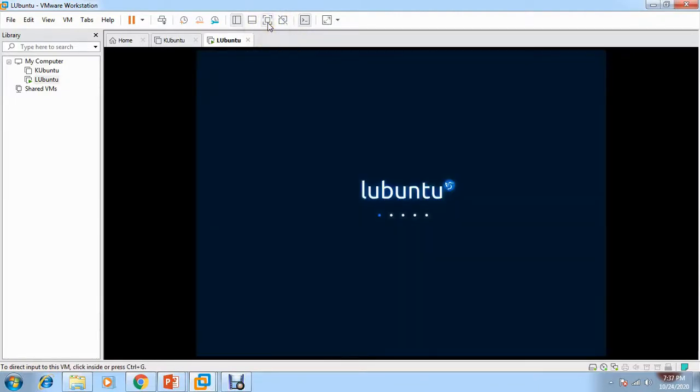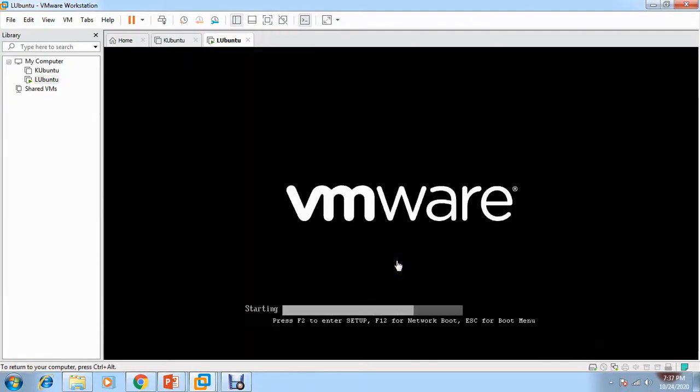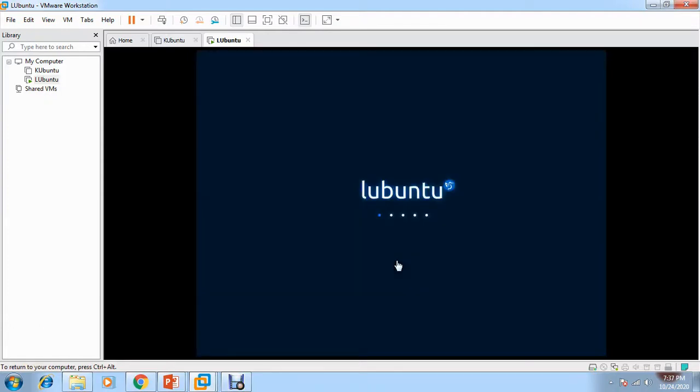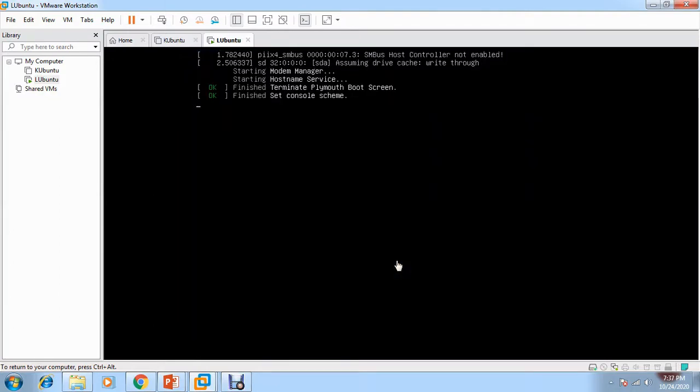So we have to wait, and it will give us that login option, password and all, whatever we have configured, username and all. Okay, so we are just a few moments away from seeing the complete installed Lubuntu operating system,